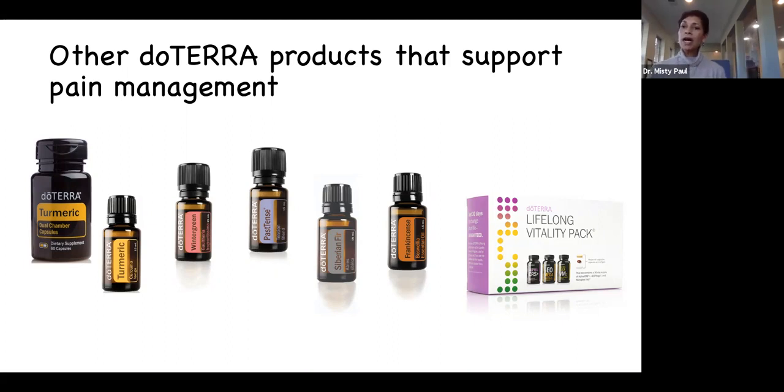Deep Blue Rub, I love that. And we are constantly applying that and showing our patients how to apply that on all different body parts. And now that we have the Deep Blue stick, it combines the copaiba. And then Past Tense is another one of my favorites when it comes to our upper extremity. So Past Tense and the Deep Blue stick would be two awesome products to have. And as you come into the clinic, we'll talk more about the supplements too.